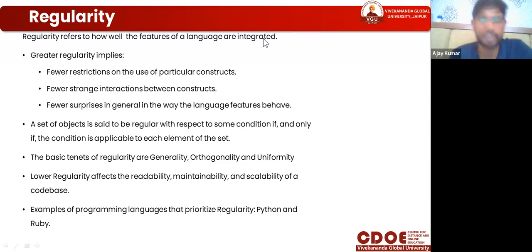When we start our computer system, we just click on the power button. If the power button is not working, or if it first takes you through some other kind of software reading, you just tick on that. After that it takes another part, the user login part. But user login is not just putting in your password. No, there is some coding, there are some steps to follow. So this integration is not needed, but we define it in the easiest way so that the system regulates easily. Fewer restrictions on the use of particular constructs.